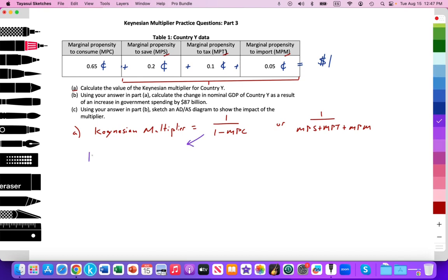So Keynesian multiplier is equal to 1 over 1 minus the marginal propensity to consume, 0.65. And that's going to equal 1 over 0.35. Okay? That is also going to be the same value as this formula. So 1 over the marginal propensity to save, 0.2, plus the marginal propensity to tax, 0.1, plus the marginal propensity to import, 0.05. That also equals 1 over 0.35. 1 divided by 0.35 equals